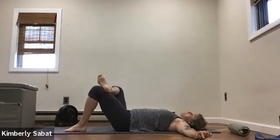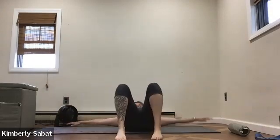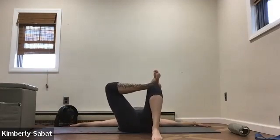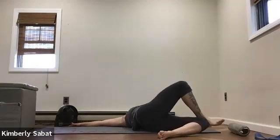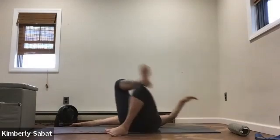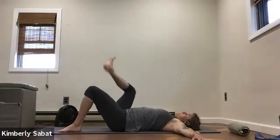I'm going to show you a different angle on this one for the newbies. When you cross the ankle to the knee, I don't want you to slide the foot. Everybody tends to slide the foot when they're new. So you cross the ankle to the knee. If this is as far as you can go, then stay here. If you're ready to come with me, I want you to twist through your lower back and the legs will fall to the left. But don't slide the leg. If you slide the leg, that's your hip avoiding all of that work. Try to stay hip distance, cross the ankle,